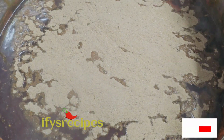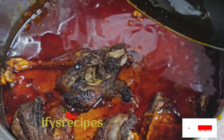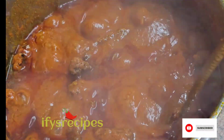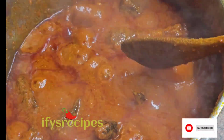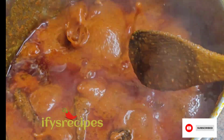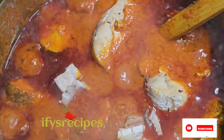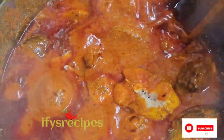This is now the stockfish head powder. So I pour it inside the pot. I add my grilled chicken, and then I'm stirring it after it's boiling. And so now I'm going to add fish as well. This fish is half baked fish, and I'm pouring it inside the stew for it to boil together,